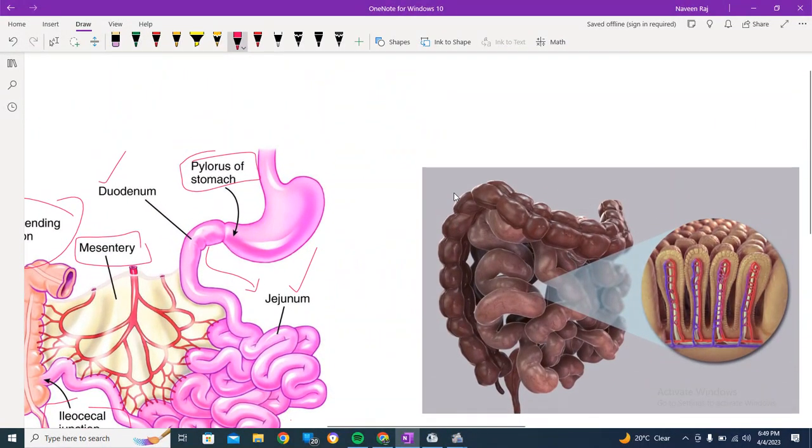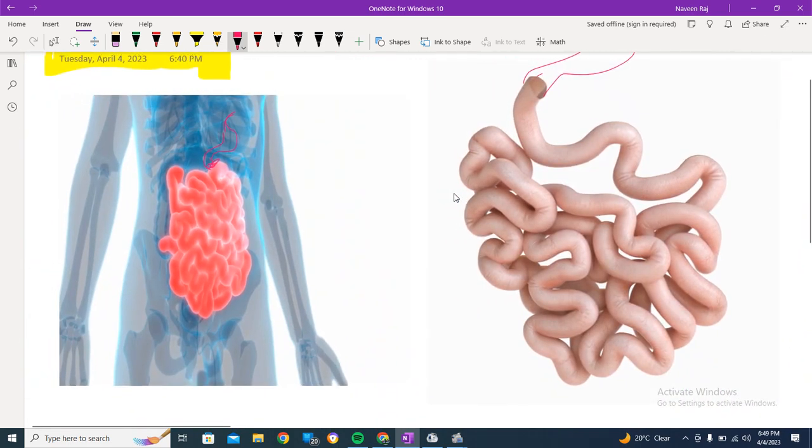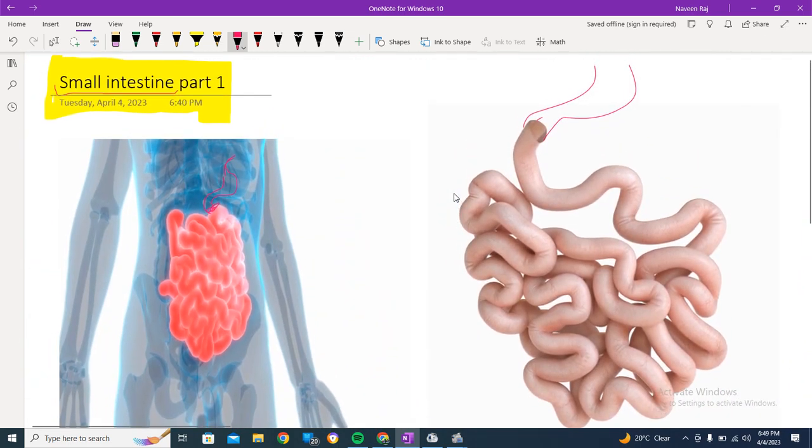Okay, here is another picture, but before going to that I will give you some important MCQs, like questions. I would like to tell you that the small intestine is the largest part of the alimentary canal. This is very important. It means the name is small, but it has a larger structure. It is the largest part of the